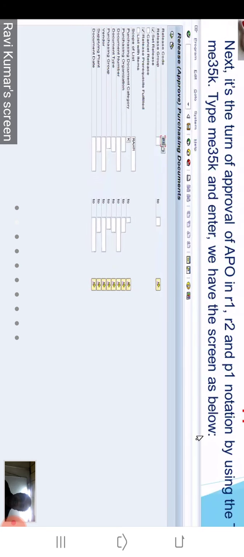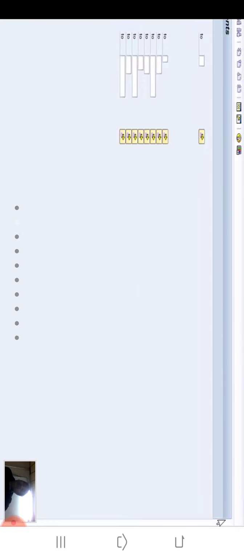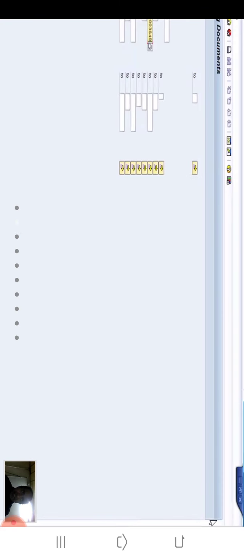Let's see. It is basically the account department. Yes, not the account department, but the person who is actually creating this AMC. Actually, there is a query from my officer. She is asking who is going to clear this, who is going to release this P1 code, or who is going to use this P1 code.